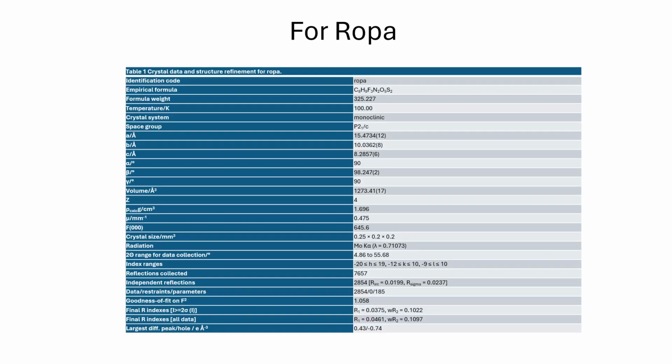In a similar manner, we also calculate for the next molecule, that is ROPA. This is the molecular formula, the empirical formula calculated after solving the structure. Crystal system is still monoclinic. Space group is P21/c. These are the lattice parameters, bond angles. Okay, and we can see over here that